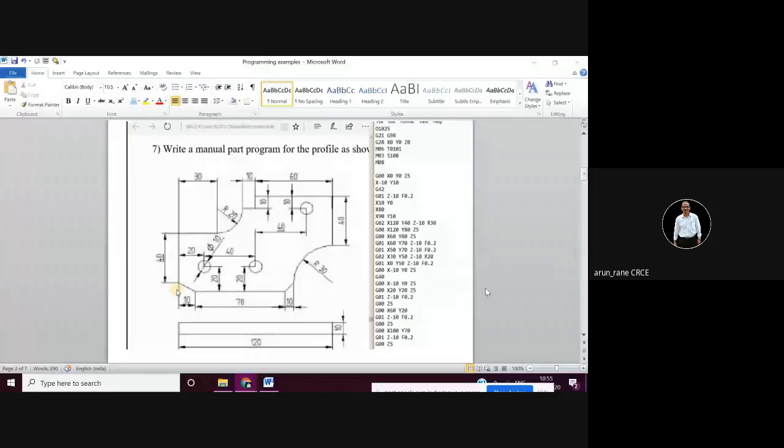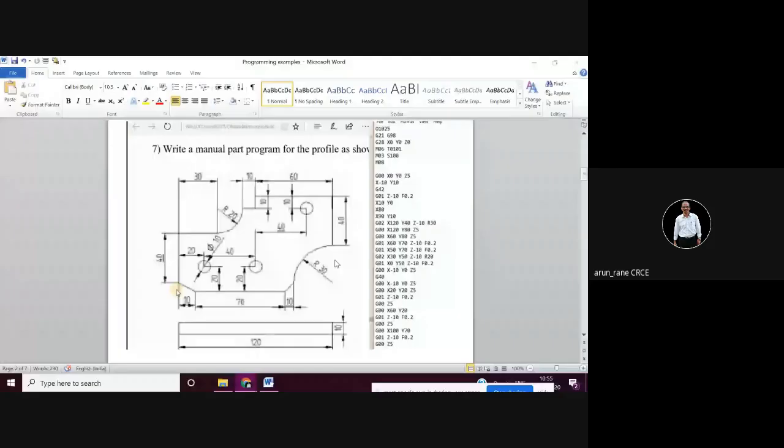Tool number 2 is drill. Okay. So once you write that block, what will happen in that block? The tool will go to the reference point and the tool change will happen. Tool number 2 will come. Then from that, you bring that over here. So you say G00, okay, X20 and Y20 and say D02. D02 means what? It will take the offset from the tool line which is mentioned in D02.